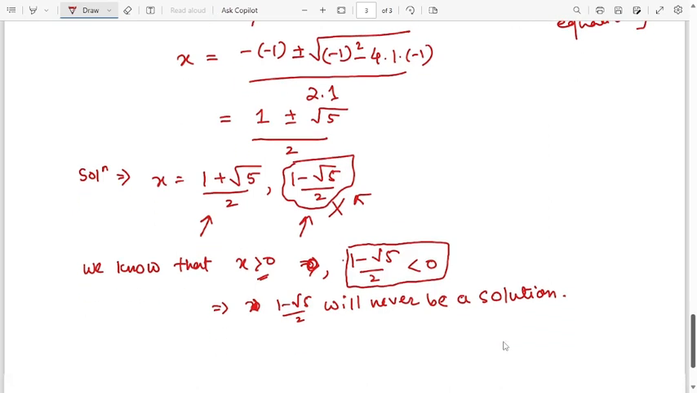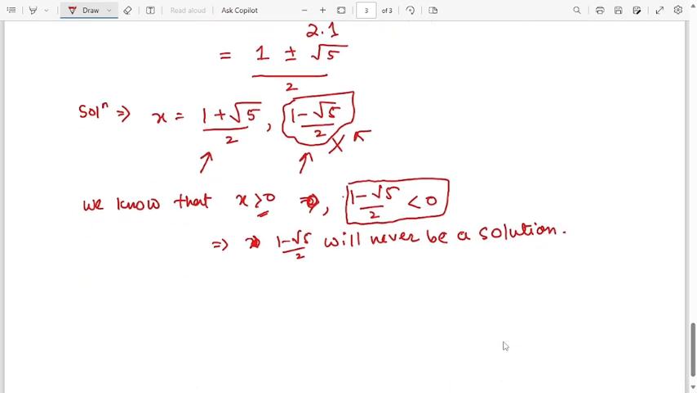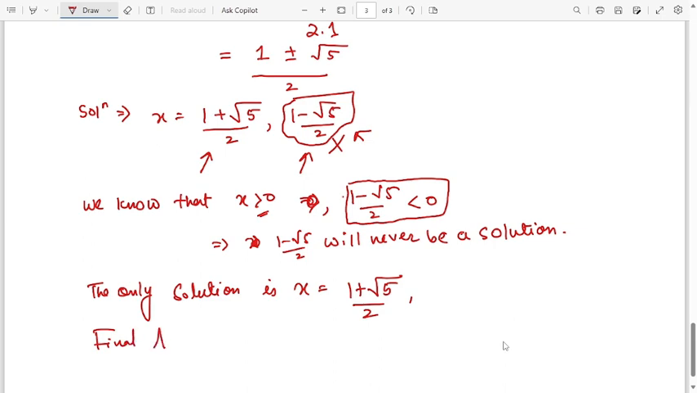Okay, so what will we have now? So the only solution is x equal to 1 plus square root of 5 by 2. Okay, so the final answer is x is equal to 1 plus